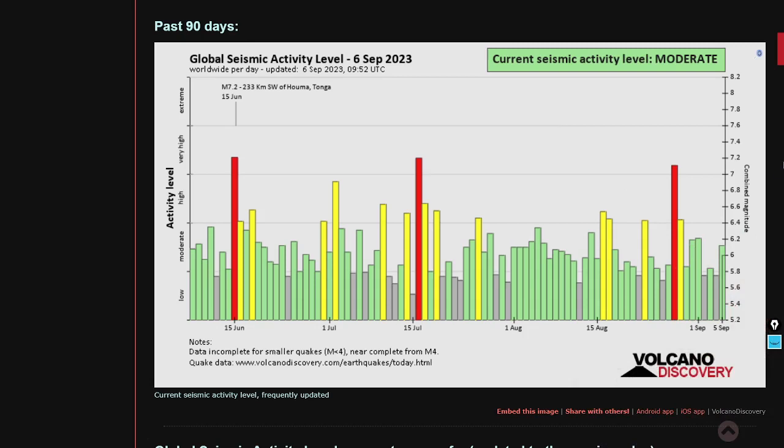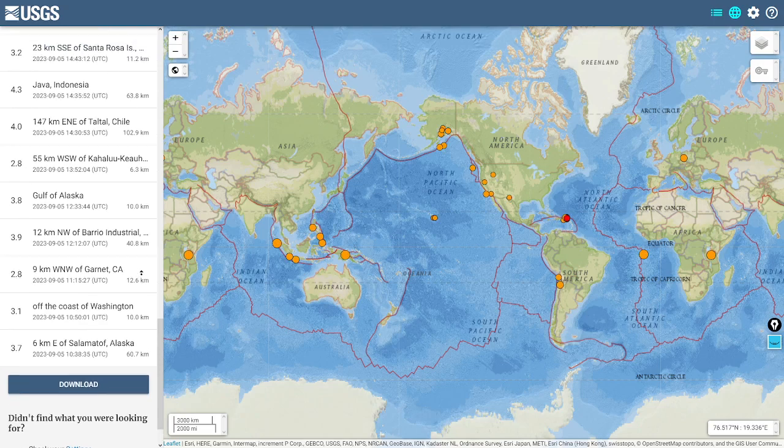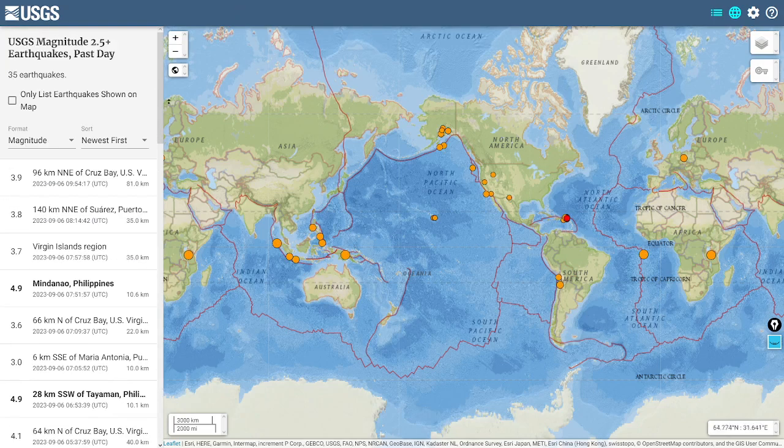Our viewers want to know what's shaking, so we cover it. We'll call out quakes of a 5 or greater magnitude. That's a 90-day bar graph from volcanodiscovery.com, and moving to the USGS site. Again, we'll call out quakes of 5 or greater magnitude. Starting out with this 5.0